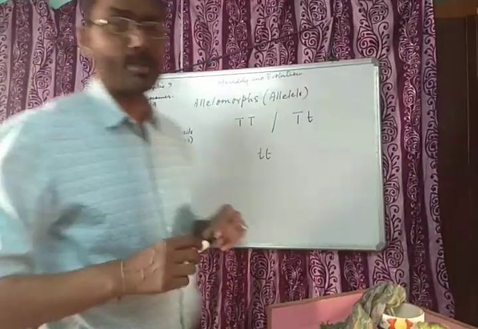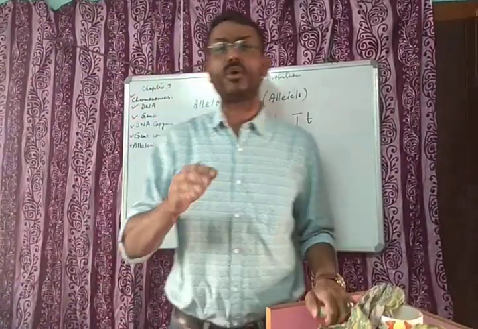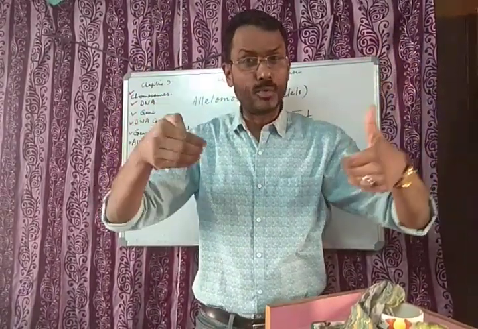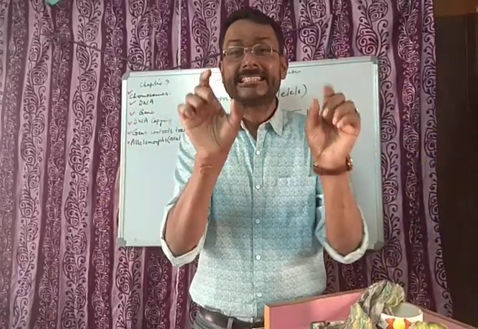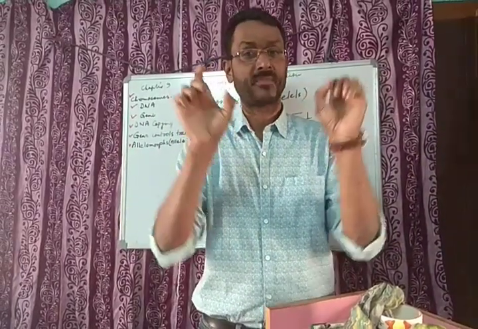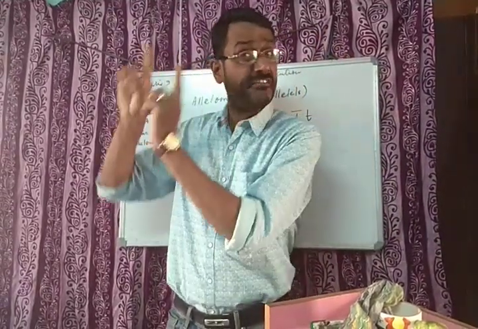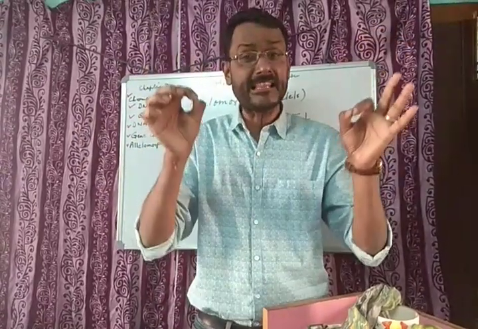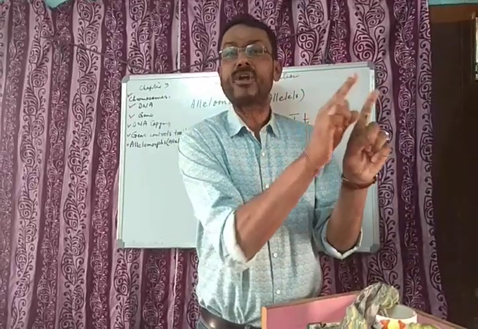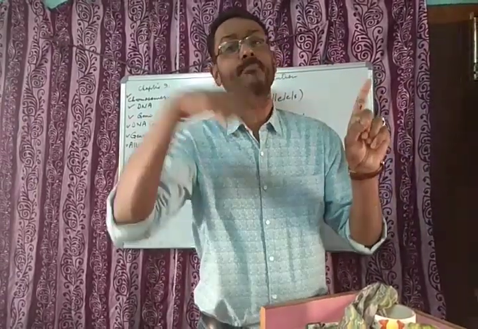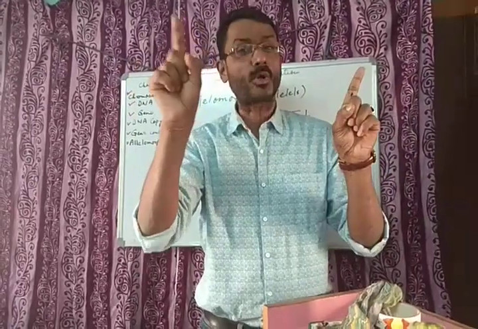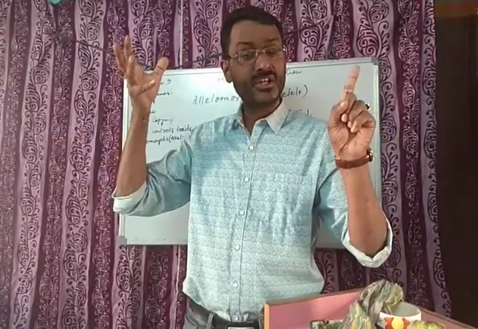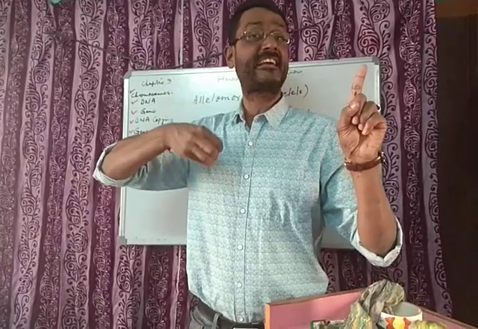So, these are the most important things that we find here. First of all, we have to know the chromosome. It is present inside the nucleus. In the chromosome, we find DNA. It is the hereditary material. Chromosome is hereditary vehicle. DNA is a hereditary material. Gene is a segment of DNA which produces a protein. And that protein, in some cases we can call enzymes, helps in giving a character,